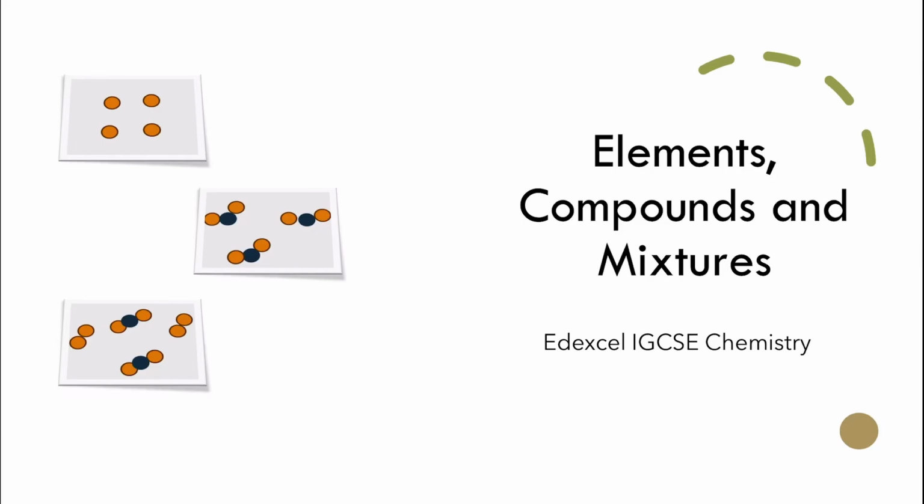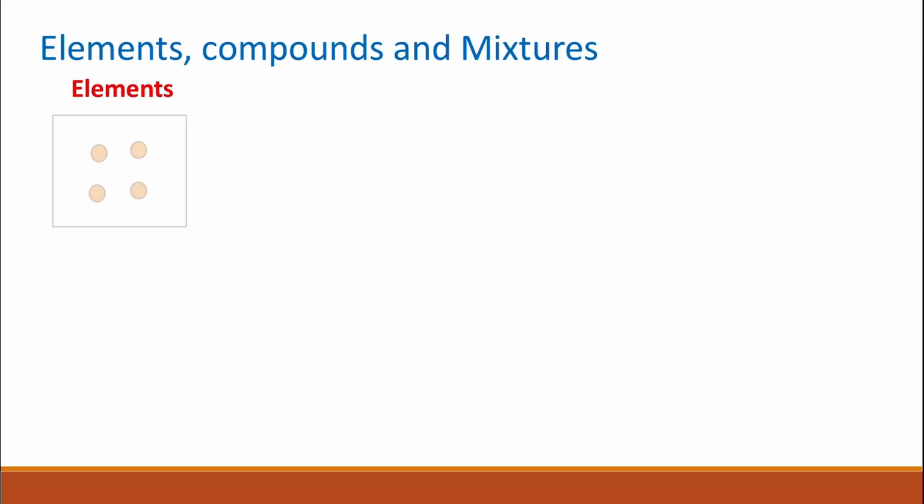Elements, compounds, and mixtures. Elements are pure substances that consist of only one type of atom. This is an example of an element which exists as individual or single atoms. The atoms of the elements are represented by a symbol, and the symbol consists of one or two letters. When it's two letters, the first letter is always an uppercase letter, and the second one is a